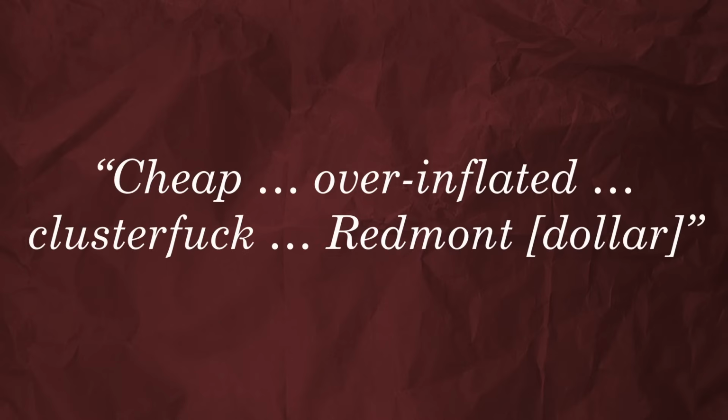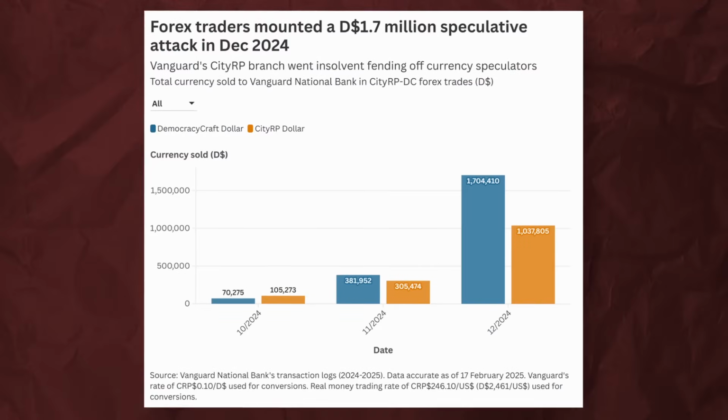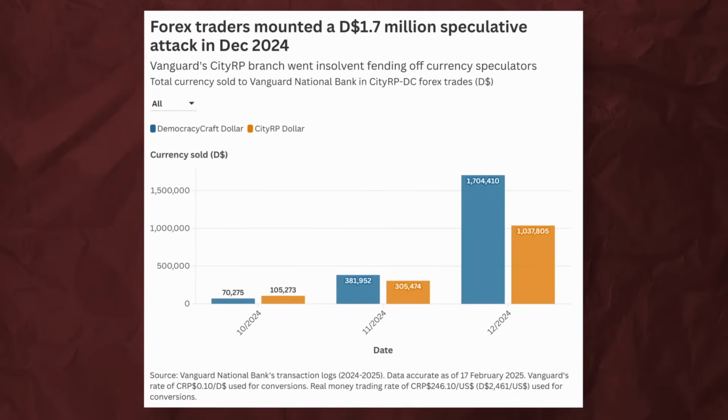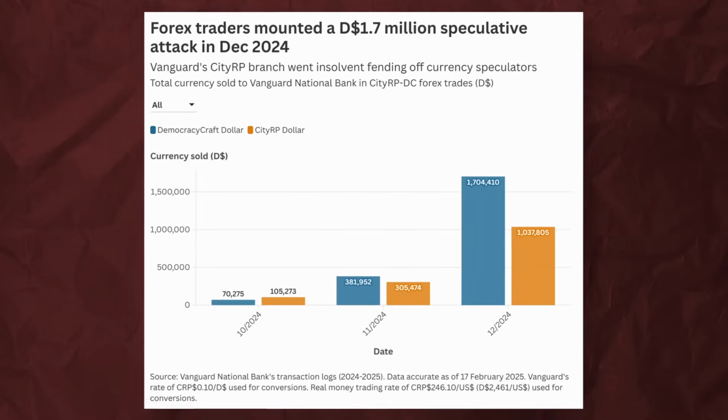In the alleged words of insiders within CityRP's governing party, Vanguard had overvalued the cheap, overinflated clusterfuck Redmont dollar, and players were going to take up the bank's offer in droves. Currency traders began aggressively shorting the DC dollar, dumping over 2 million DemocracyCraft dollars by January 2025. The speed at which traders were dumping the dollar clearly took the bank by surprise, because its CityRP branch quickly